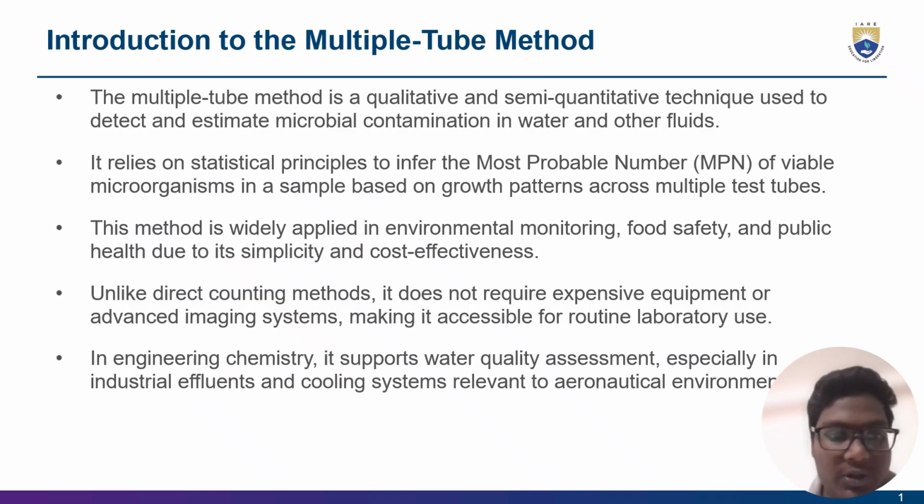The multiple tube method is a qualitative and semi-quantitative technique used to detect and estimate microbial contamination in water and other fluids. It relies on a statistical principle to infer the most probable number, MPN, of viable microorganisms in a sample based on growth patterns across